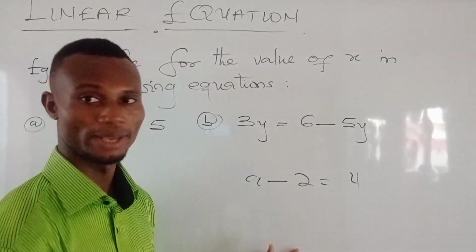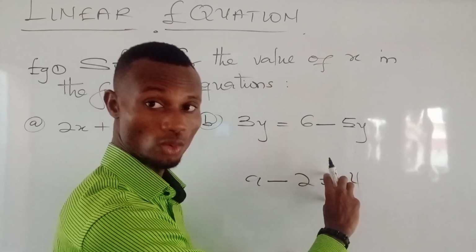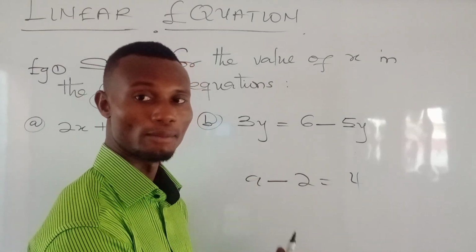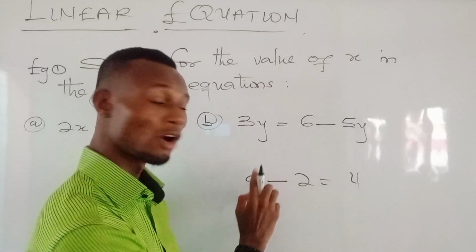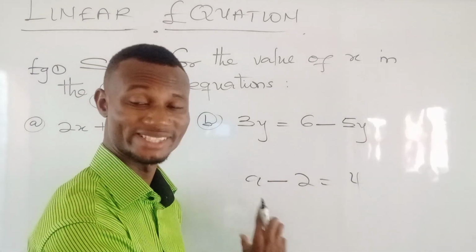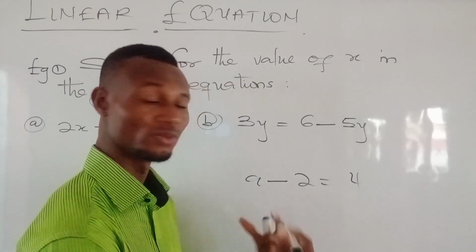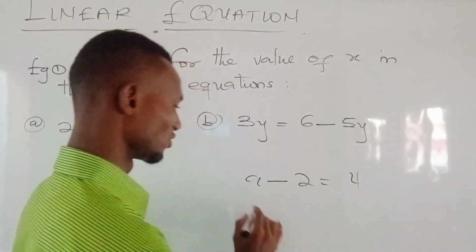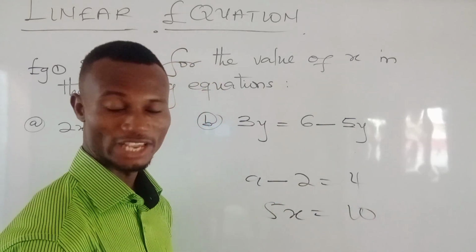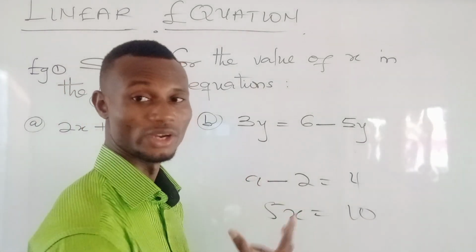This is an equation, okay, because 1, it contains an equal sign, and 2, there's an unknown variable in it. Okay, and that unknown variable, you can see that the highest power of that unknown variable is to the power 1. Okay, this a has power 1, so it makes it a linear equation. I hope the understanding is clear enough. Okay, so let me write another example of a linear equation. So let's say I have 5s equals 10. This is a linear equation. Okay, the highest power of the unknown variable, which is the s here, is 1,